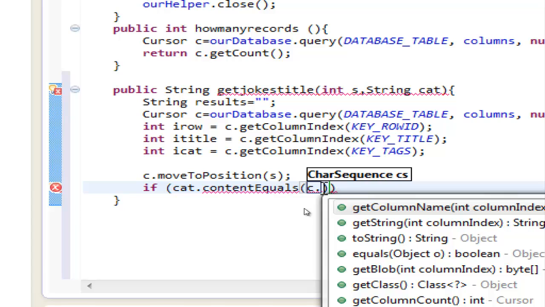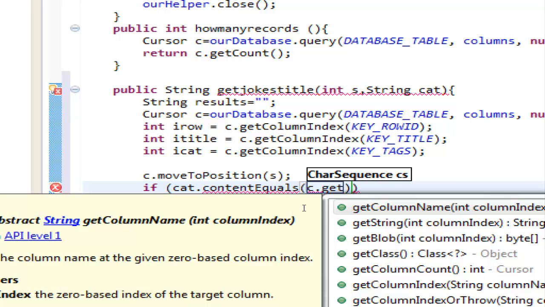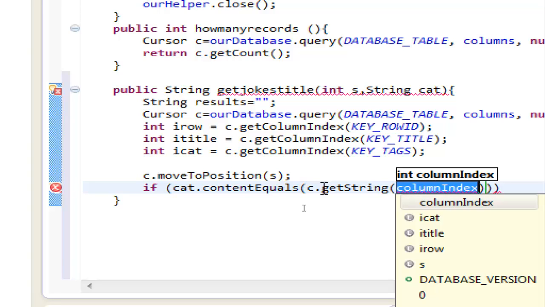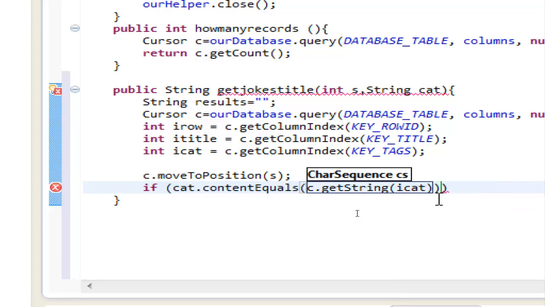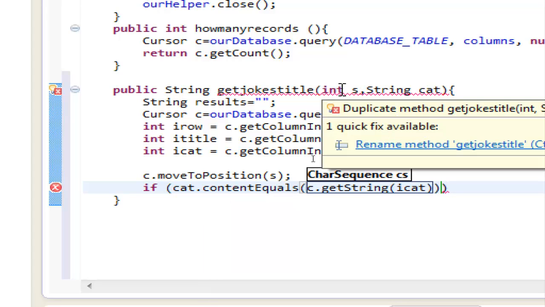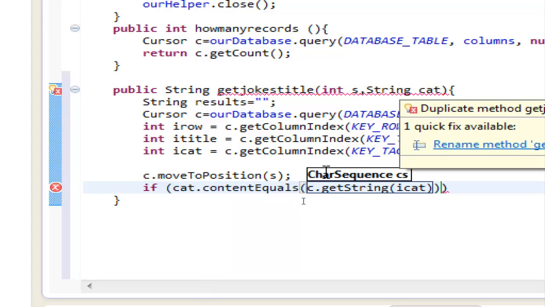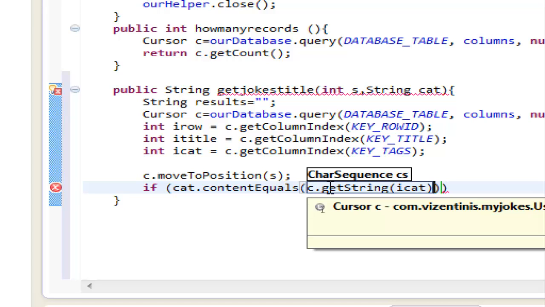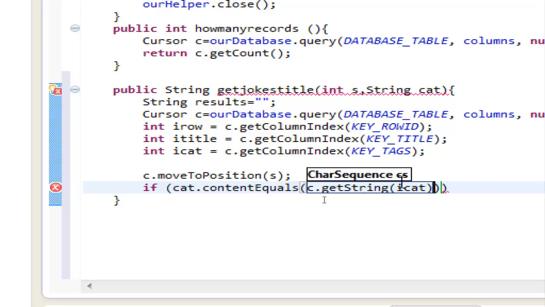C variable getString we need for the category variable, int variable, this one. Okay, if the category that we want, which is the parameter here, contentEquals c getString iCat,